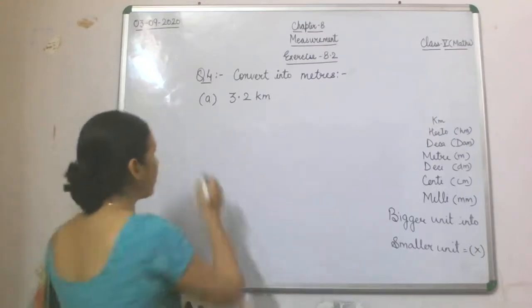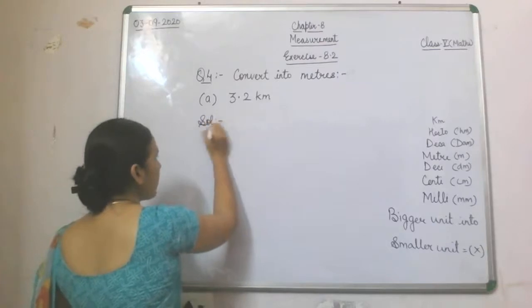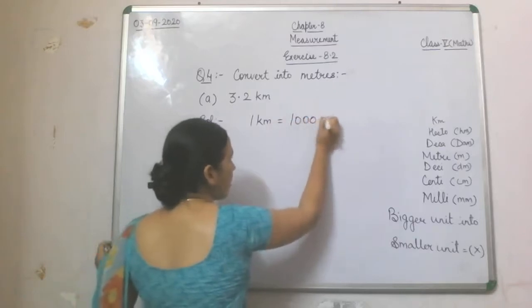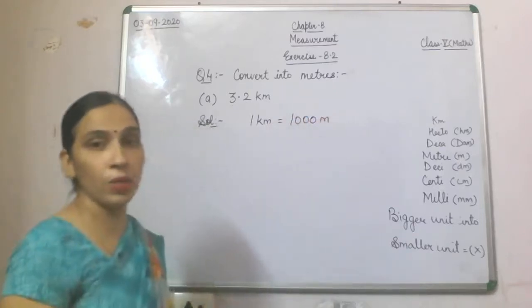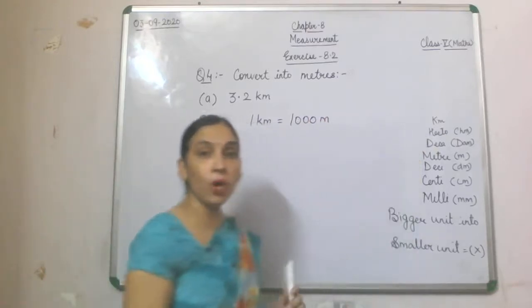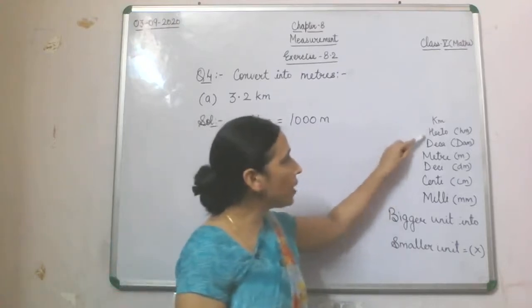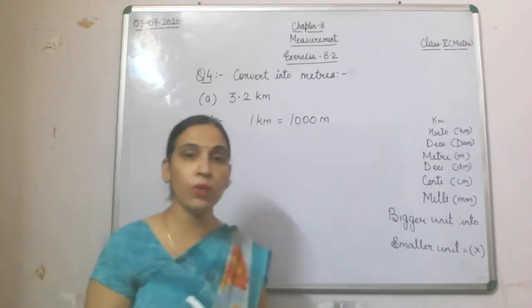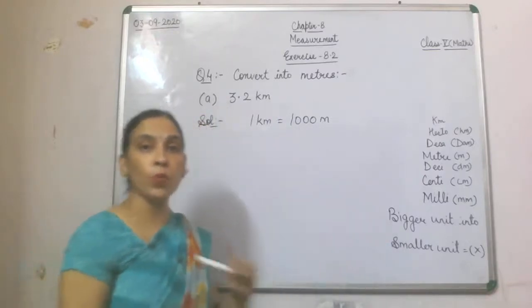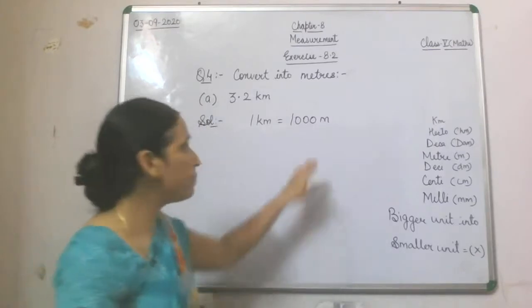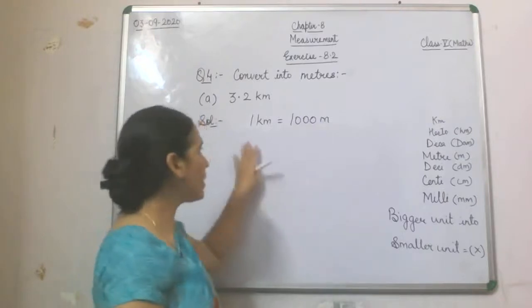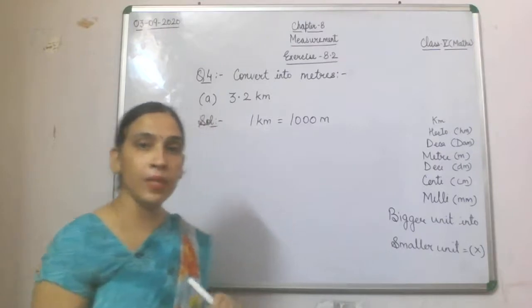Now you all are aware that in 1 kilometer we have 1000 meter. That you have done in the previous class also and in this class also. And if you do not remember that in 1 kilometer we have 1000 meter, this will help you. See how? After kilometer, 1, 2, 3, 3 steps you are coming down. It means 1 will be followed by 3 zeros and the unit will be meter. So 1 kilometer is equal to 1000 meter. Quite simple. Nothing else you are supposed to do.